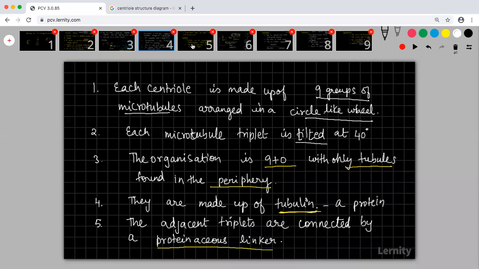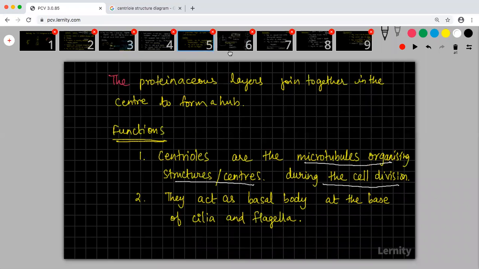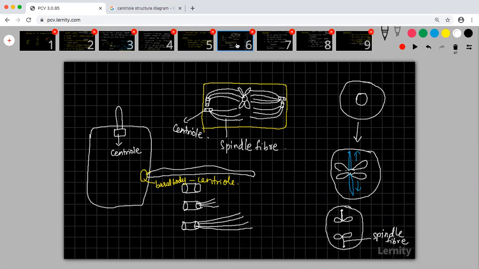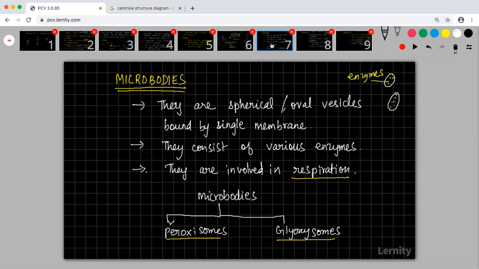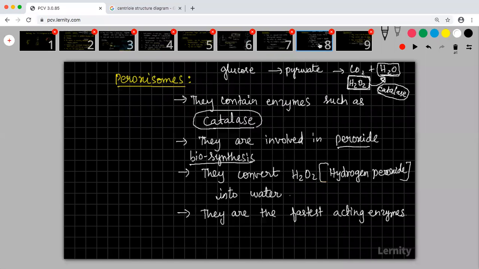We call that gluconeogenesis. Fifth slide, sixth slide, seventh slide, eighth slide,